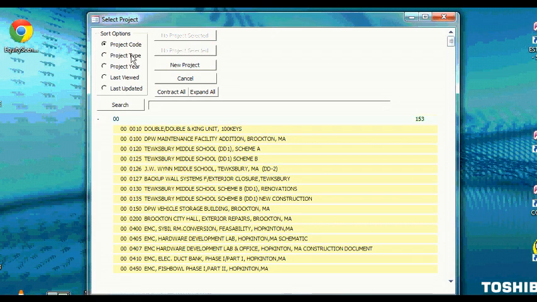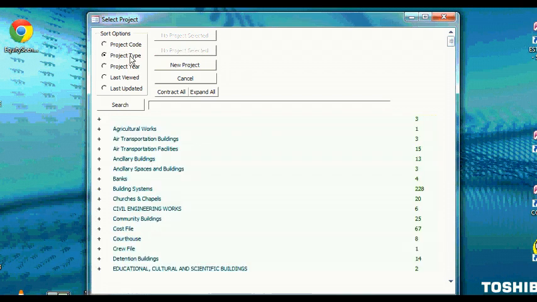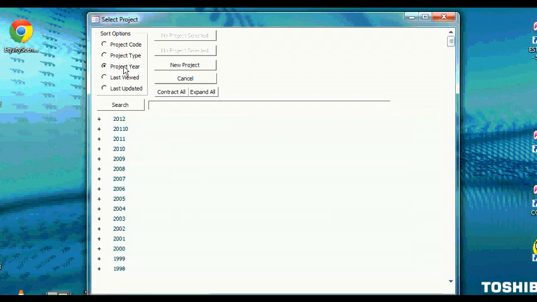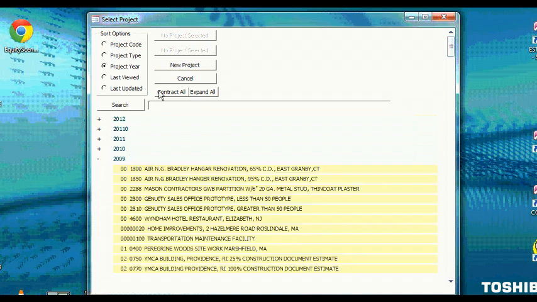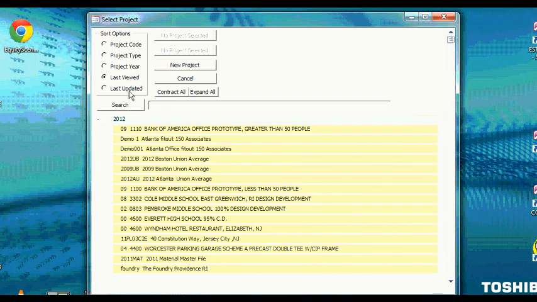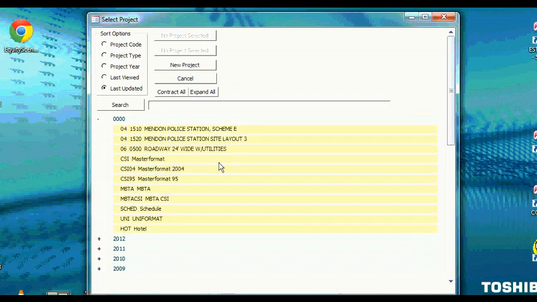This database contains about 1,900 projects. We can look at these projects by project code, by project type, by project year, by last viewed, by last updated. We're going to do a keyword lookup to find an office prototype to use as our model. This is a good way to find a project when you have 1,900 projects to sort through. So you put in our keywords